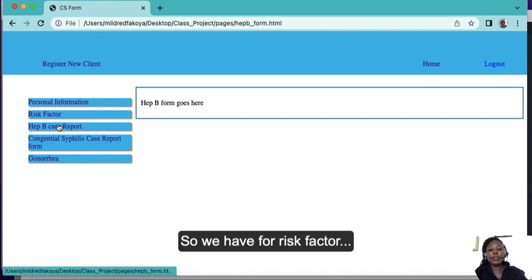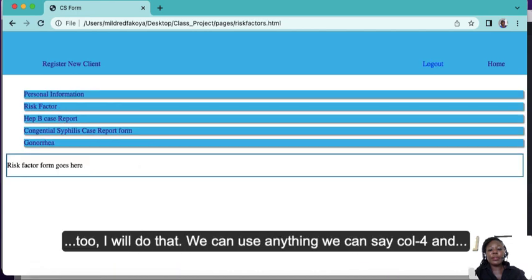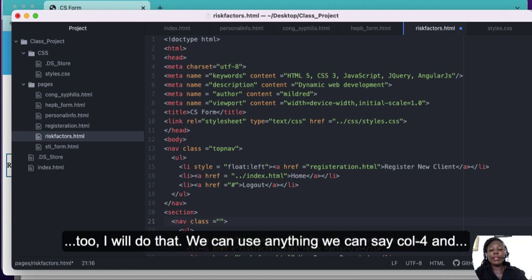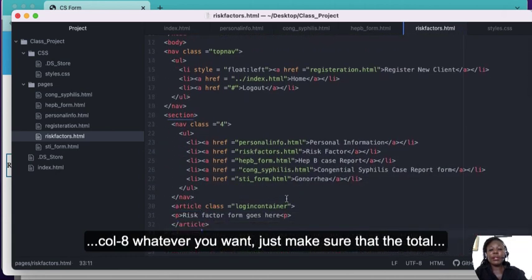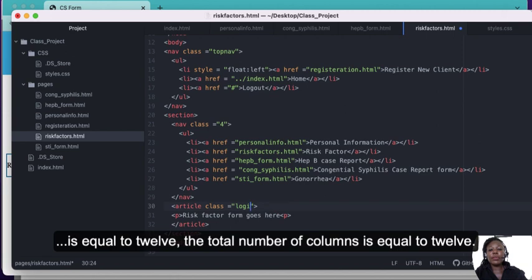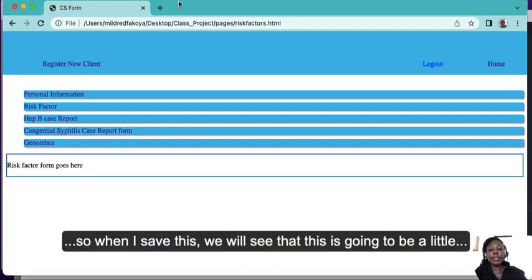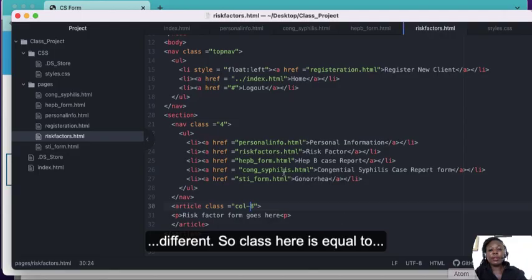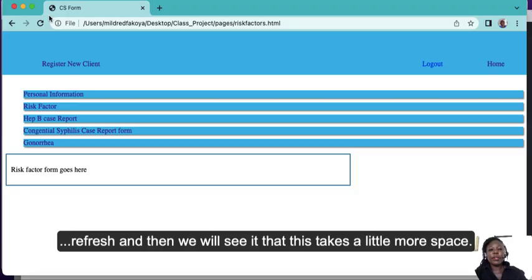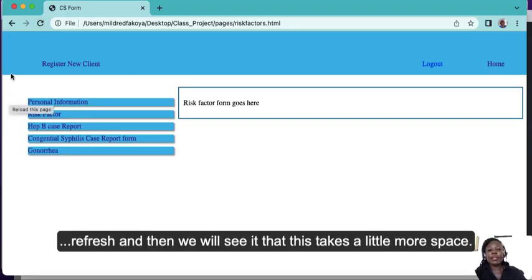We have it there. So we have it for risk factors too. I'll do that. You can use anything. You can say call 4 and call 8, whatever you want, but just make sure the total is equal to 12. The total number of columns is equal to 12, like this. So when I save this, we'll see that this is going to be a little different. So class here is equal to call 4, refresh,